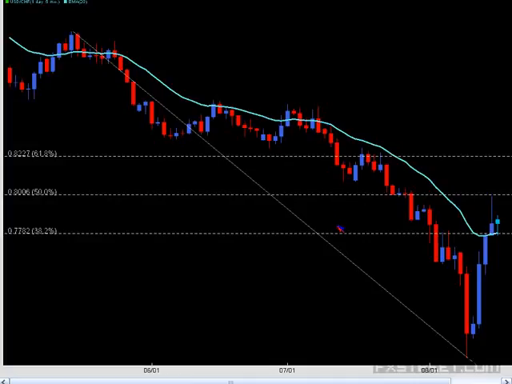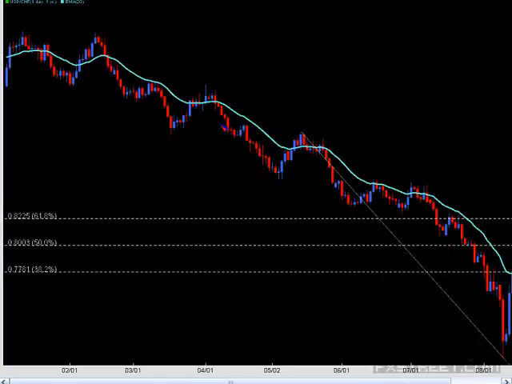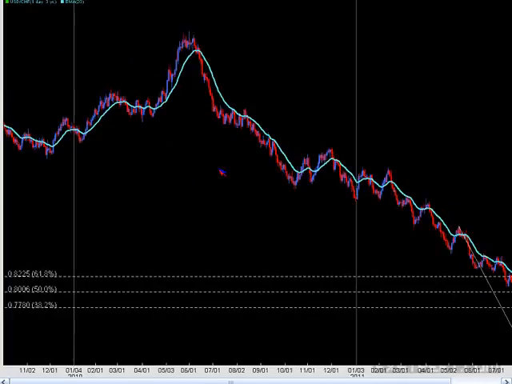But there were three other things that really cued me off that said, wait a minute, something really strange is happening here, and beware. The first one was the nature of how this candle closed. Take a look at this candle. What I'm going to do is zoom out to a daily time frame. Keep in mind, dollar Swiss has been bearish for quite a long time now. As you can see, it's been bearish since almost like 118.